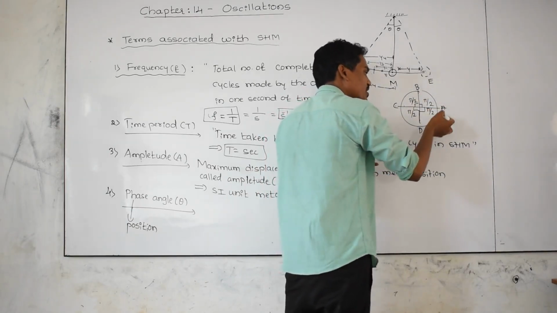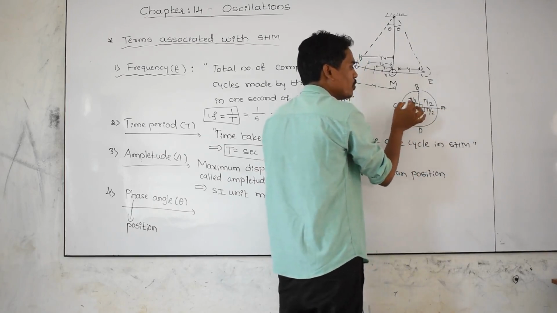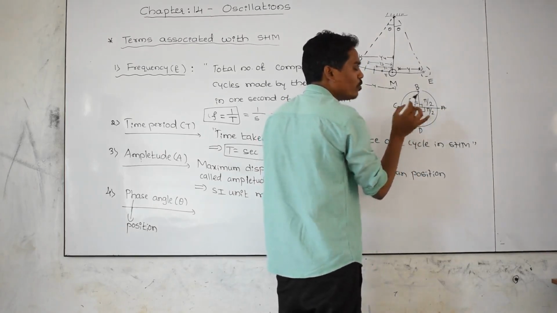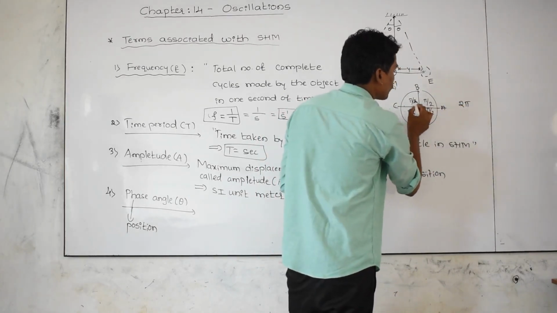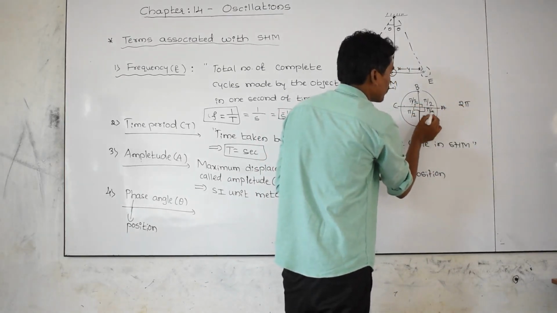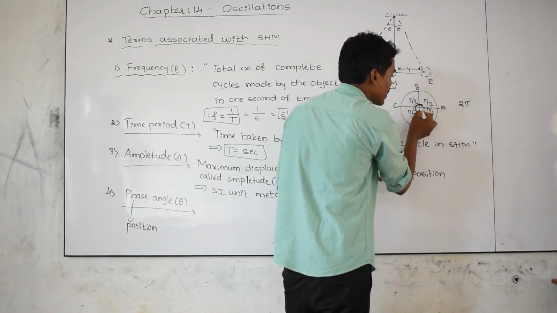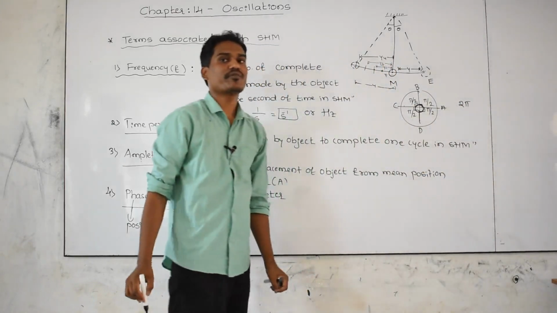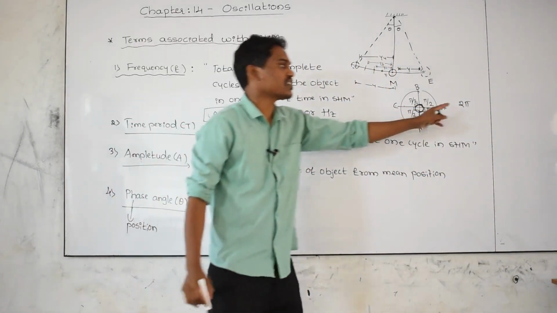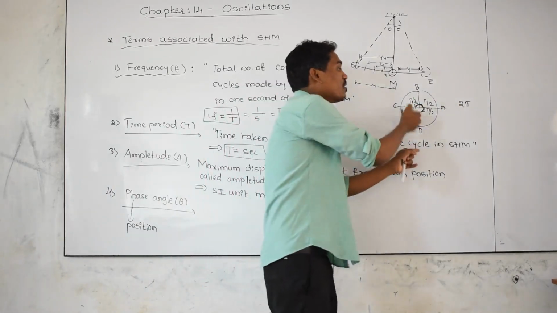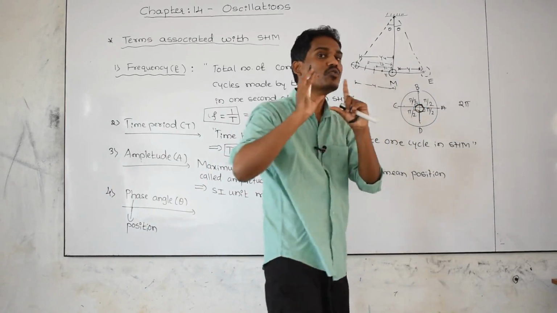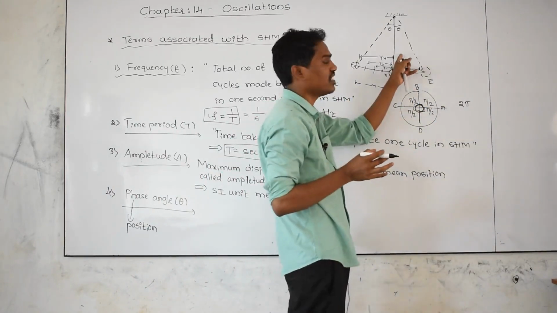Means the object is moving from this point to that point again. Then this is one complete cycle. Means pi by 2, pi by 2, pi by 2, pi by 2. What is the phase angle? That is 2 pi. Pi by 2 plus pi by 2 plus pi by 2 plus pi by 2. Total, add all those angles, you are getting this angle, that is in terms of radian 2 pi. 2 pi in the sense that is 360 degree. And with the help of circular motion, we are going to describe the phase angle here.